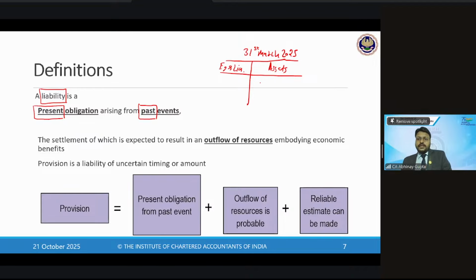Now there are certain assets, PP&E, etc., and there is equity share capital. And then there are liabilities. Liabilities are divided into long-term liabilities and short-term liabilities, correct? Now, within these long-term or short-term, suppose one of the liabilities is payable